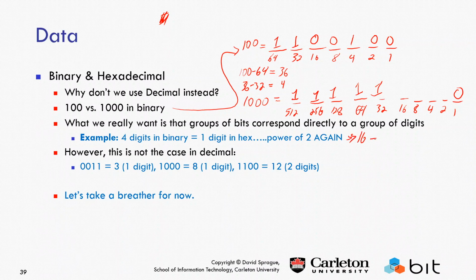16 is equal to 2 to the power of 4, which is equal to 2 to the power of 2 to the power of 2. Right? And so in the case of decimal, when we actually do this, we want to make sure that it's consistent. If we take a number in binary, here's a binary number, that's 3. We add another, we change things around. We put a 1 in front of it, or we put just another 1 in here. The things are not consistent at all between the two number